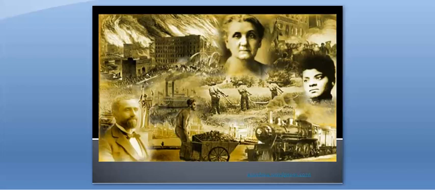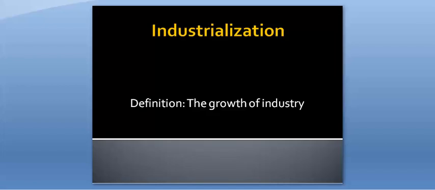So there were a lot of issues in the U.S. following the Civil War and Reconstruction. Those are the periods before the Gilded Age. Many of the problems had existed before, but were really exploding in the Gilded Age. They got much bigger. Industrialization led to many of these problems. Industrialization is the buildup of industry, essentially relying on industry rather than farming for money. So that's what the country started to do.